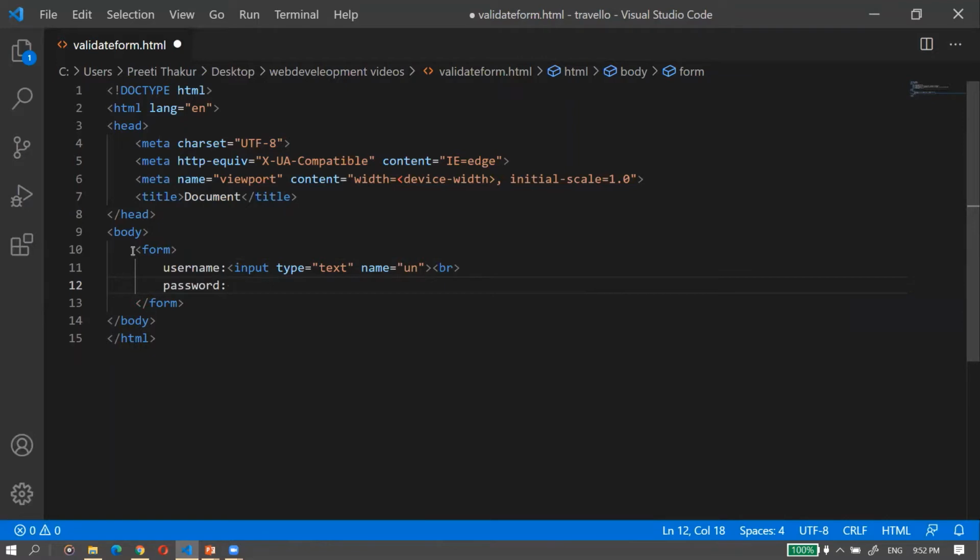So for a password, input type is equal to password, and give some name to it like PWD. I'll be giving the name PWD. Okay.